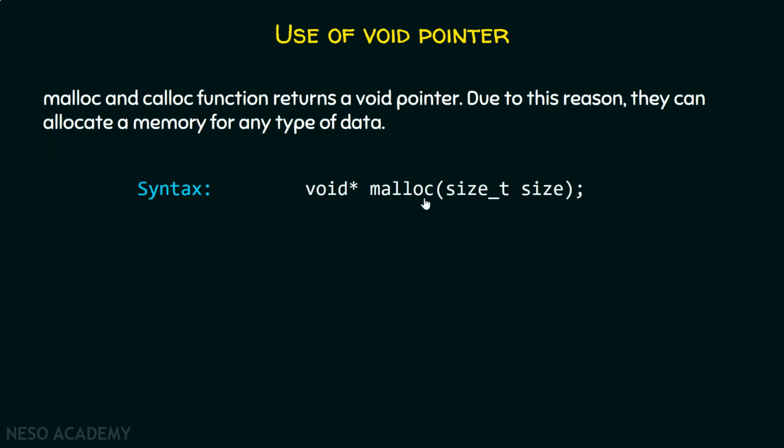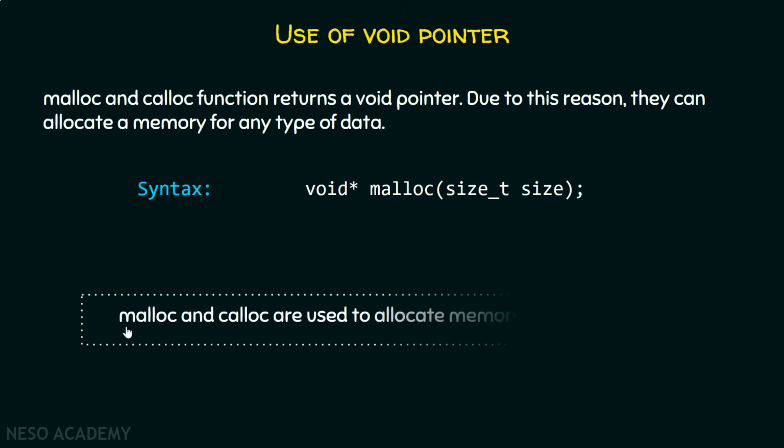Here is the syntax of malloc function. You can see over here that malloc function is returning a void pointer, right? I'm just giving you the syntax. Here you don't need to understand this right now. Right now there is no requirement. Malloc and calloc are used to allocate memory at runtime. I have